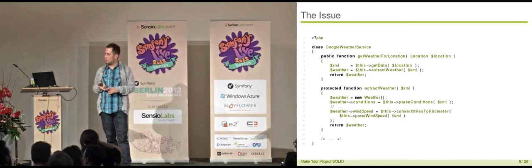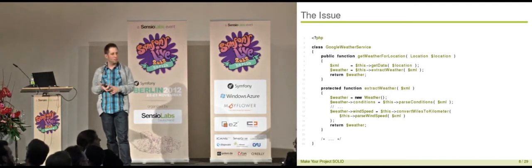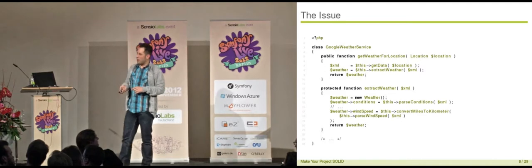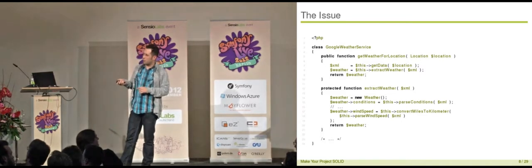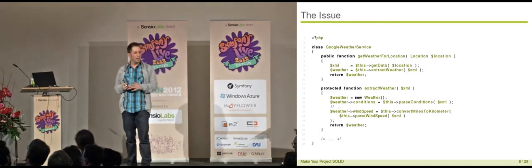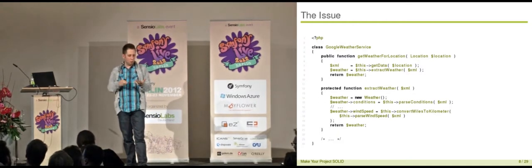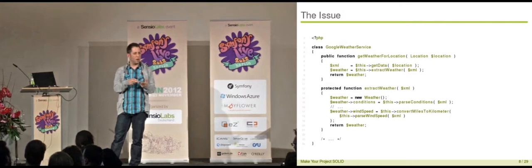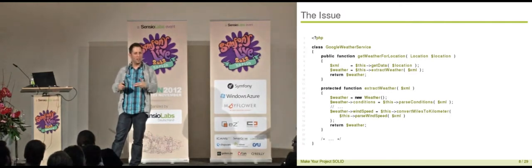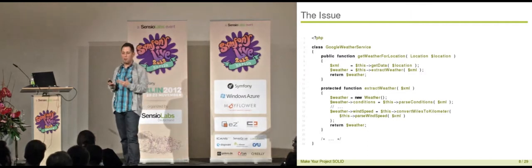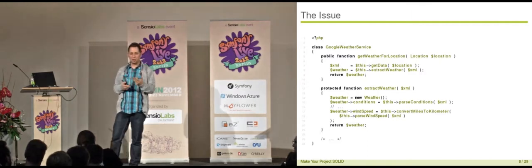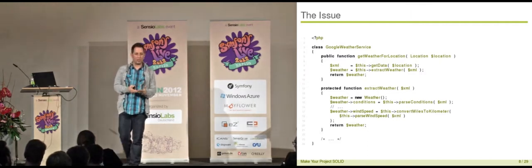Any more ideas? Not sure if weather is correctly filled. Okay, we are not sure that the weather is correctly filled. I assume that happens here in the dots. So we already found four concerns when this class could maybe change, when we get requirements in the future that we need to change this class. And what the principle says is that there should only be one reason for a class to change.